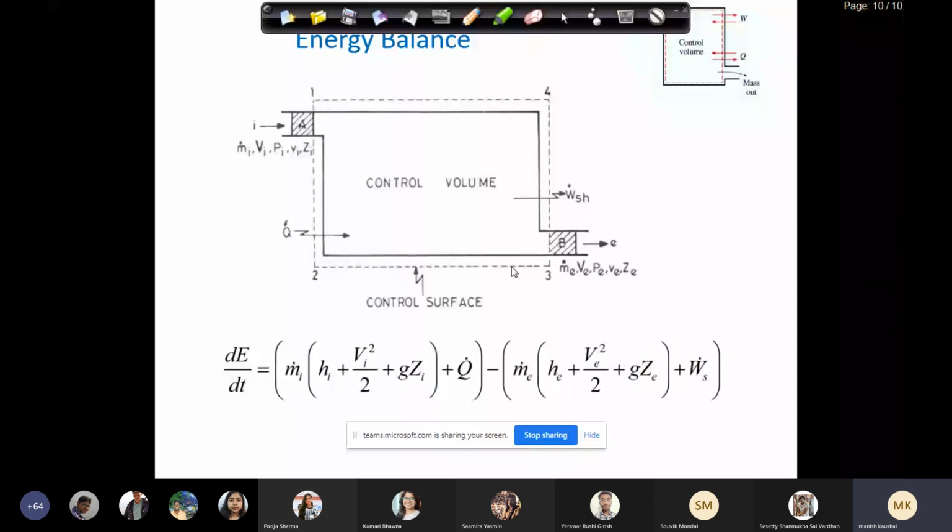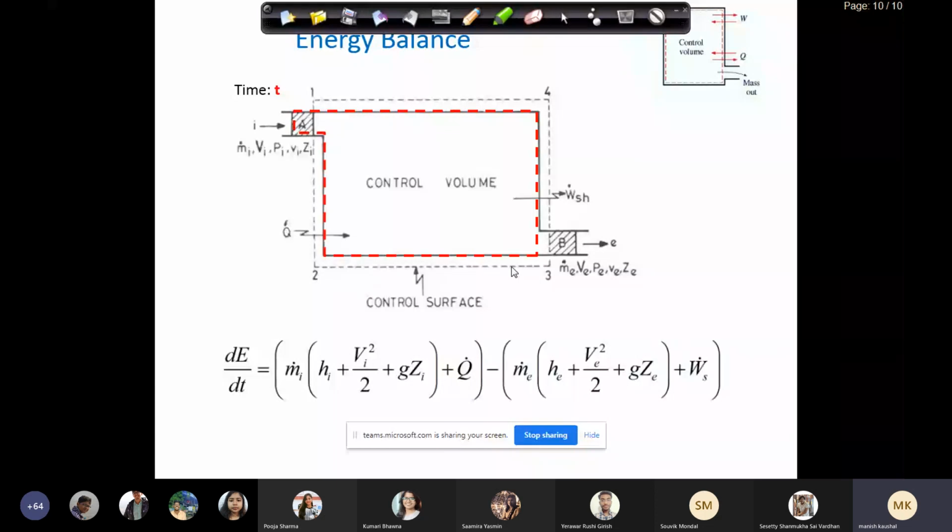Just before we left for a break, this is our control mass shown by this red dashed line. This is my control mass at time t. As someone said, it is easier to follow a fixed set of particles, but for derivation we have to follow them, and then eventually, from a mathematics point of view, we'll go to control volume. This region bounded by the red dashed line is my control mass at time t, and I have to follow it.